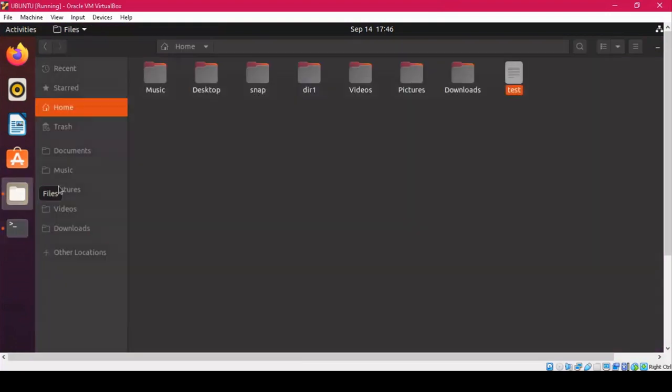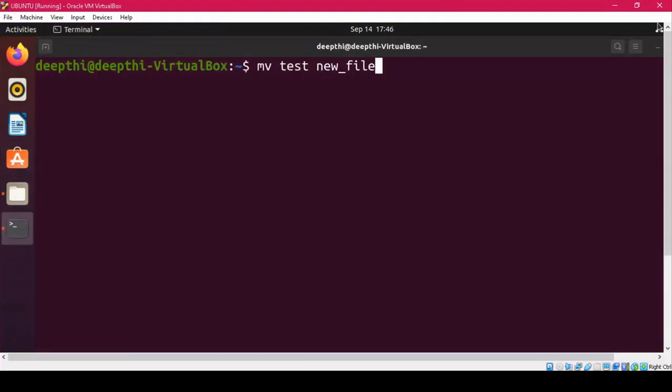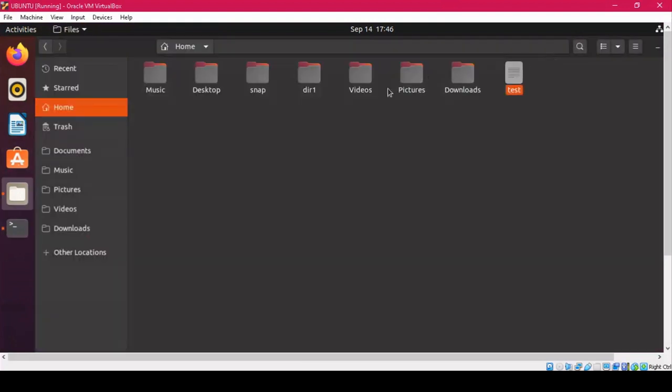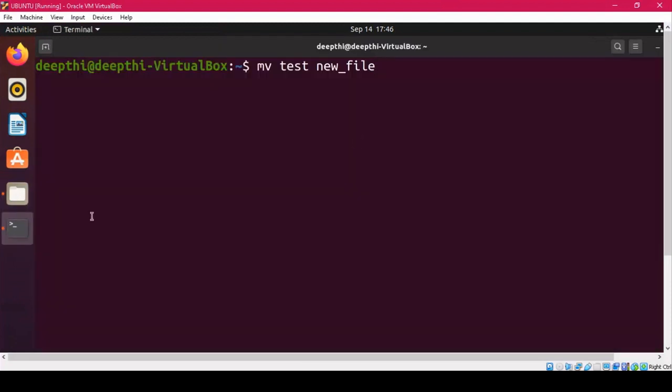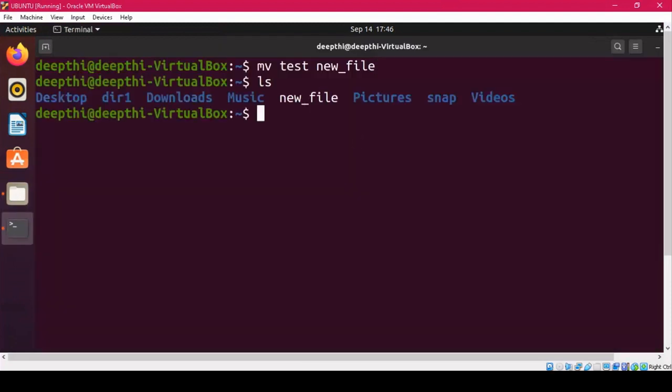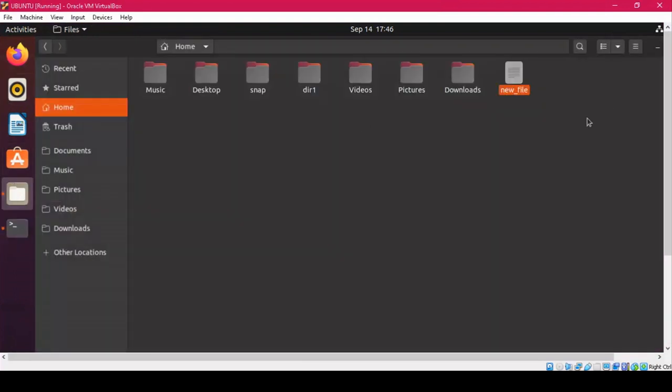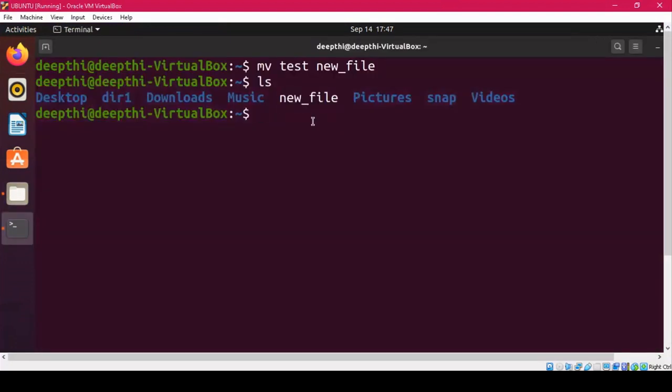Okay. So you can see from here that it will be changed now after I press the command. Let's see. Now if you write ls, you can see that there is no file available whose name was test. But now we have a new file, that is newfile, and you can see that earlier it had the name test, but now it is renamed as newfile. Okay. So I hope the cp and mv commands are very clear to you and you know the difference between both of them.